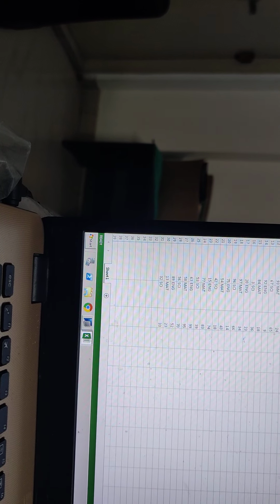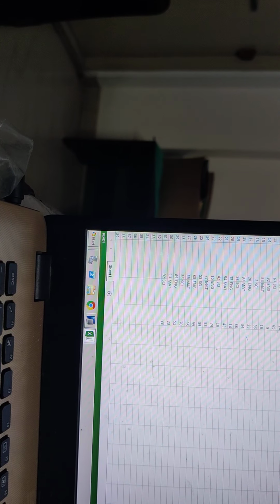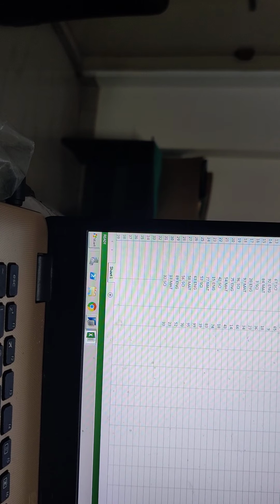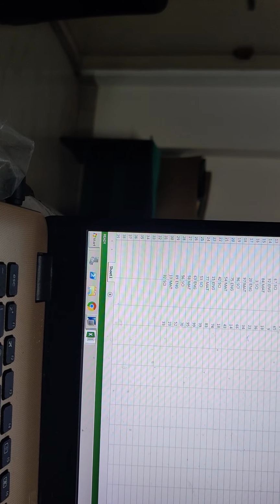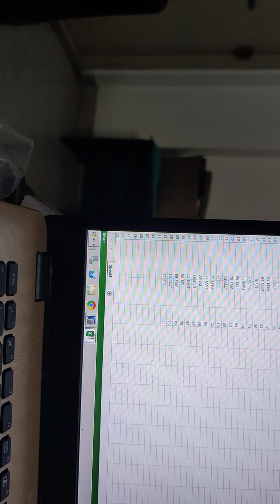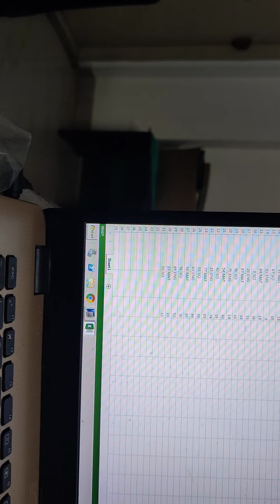These values are not correct. What shall we do here?